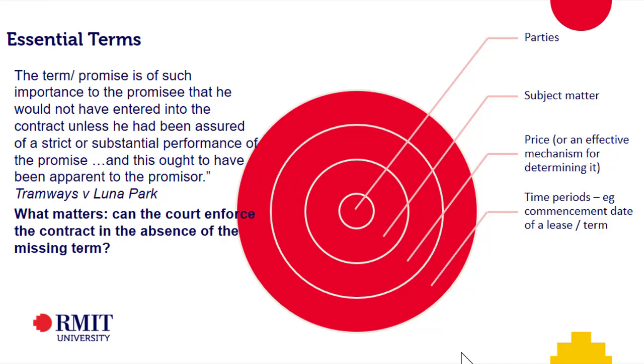So, what kind of things are essential terms on the whole? Pretty much who the parties are will always be an essential term. Identifying who the parties are. Now, sometimes you'll be contracting with an agent for an undisclosed principal, but that's actually between that agent and you. If you don't even know that the agent is acting for somebody else, you've entered into a contract with somebody, you're entitled to believe your contract is with that person. When we talk about privity, a lot of the issues as to why we need to know who the parties are, makes sense.